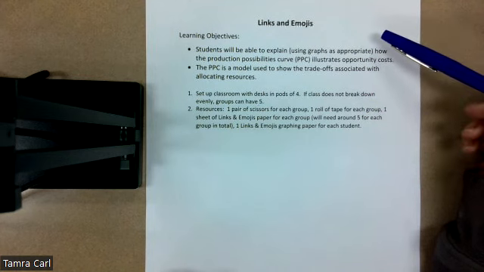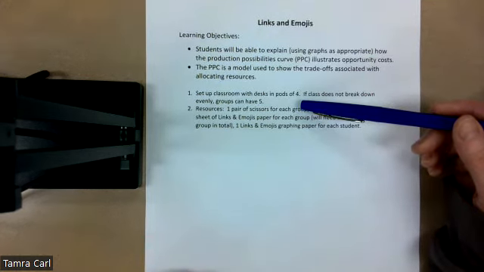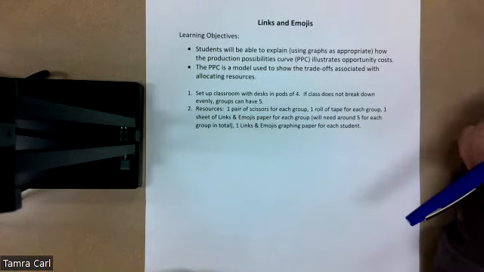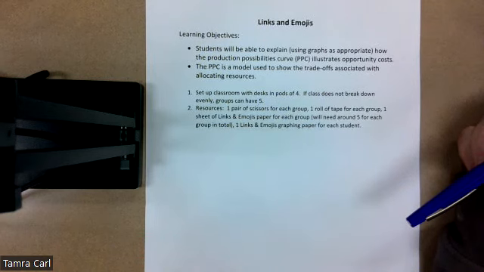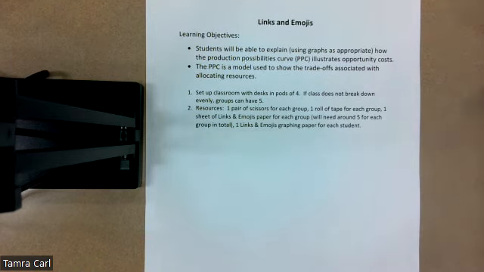So they walk in and the desks are set up in pods of 4. If it doesn't work out perfectly with 4 students per group, I'll have some groups that will have 5. And I let them know that this is going to be a competition. And so choose your teams wisely. And so they'll sit down, and then what I will do is I will again say that we're making these